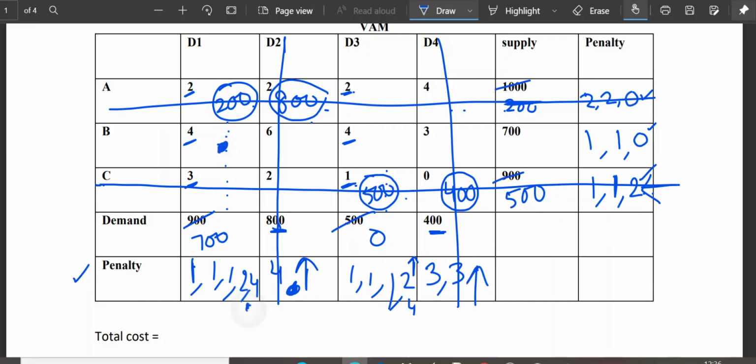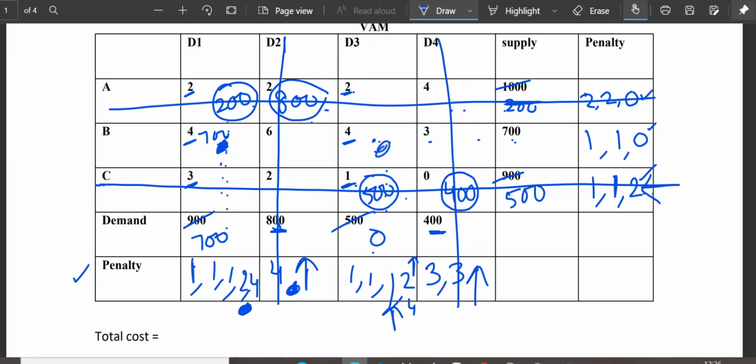Okay, suppose I take this 4, then my entry will come here, and what will come in the circle? See, 700 is the demand and 700 is the supply. So 700 will come here, and if I move according to this 4, then my entry will come here. Here it is 0 in the demand and 700 in the supply. So we will take the maximum one.